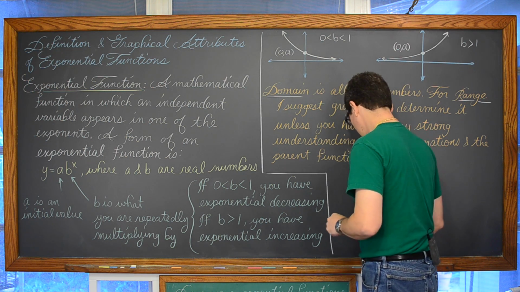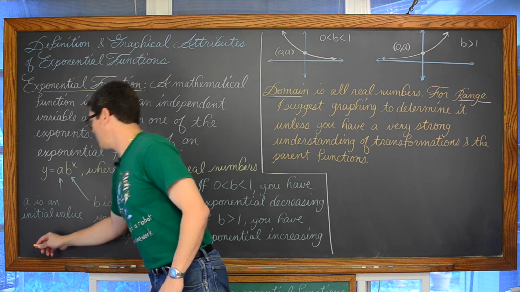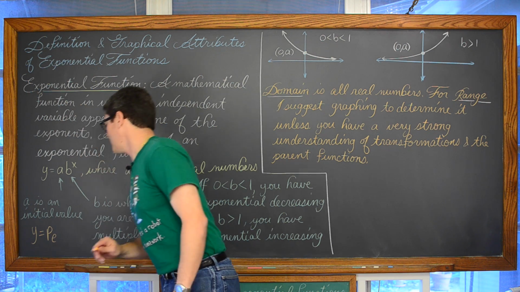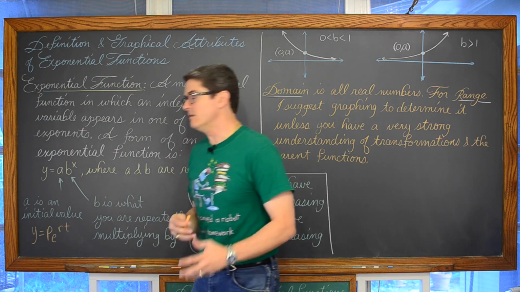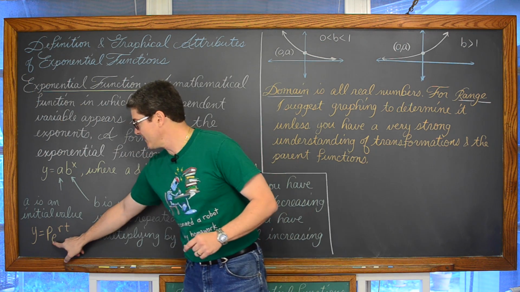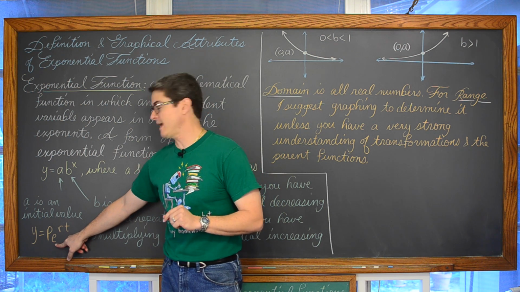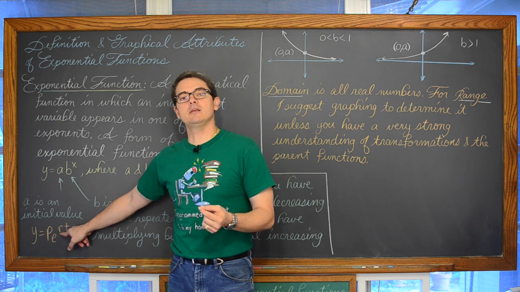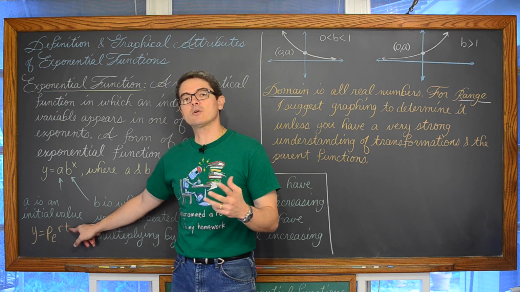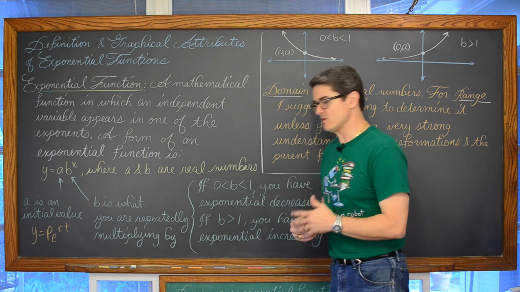By the way, continuous compound interest is y is equal to p times e to the rt. There's that p, that initial amount. e, though it looks like a variable, represents a constant of approximately 2.718. And r is going to be the interest rate that you're earning on your money, and there is our independent variable of time. You get to control how long that money is in that investment, just as an example.